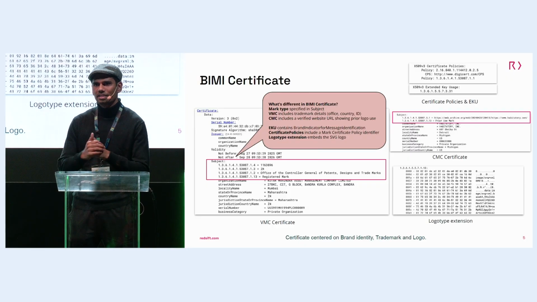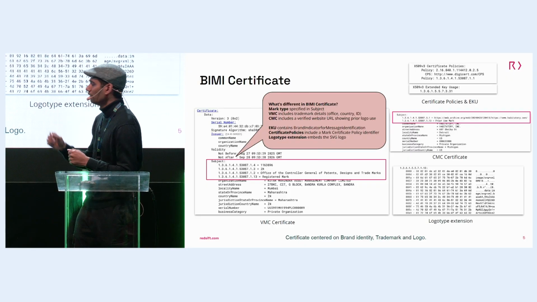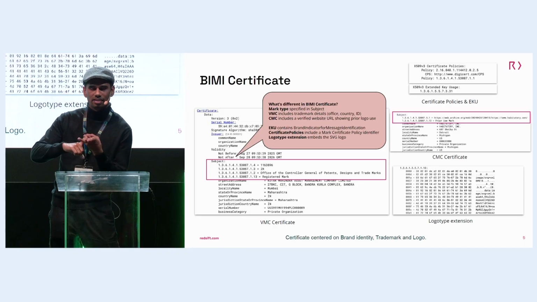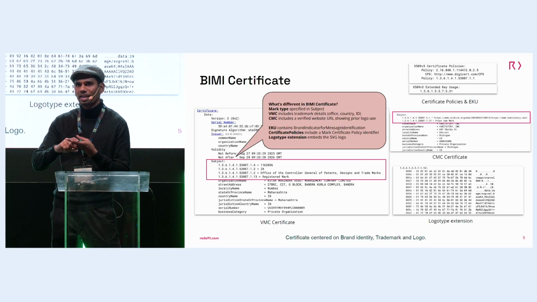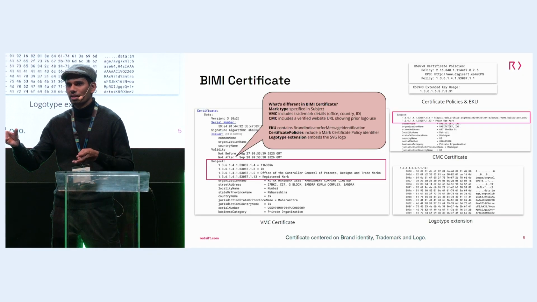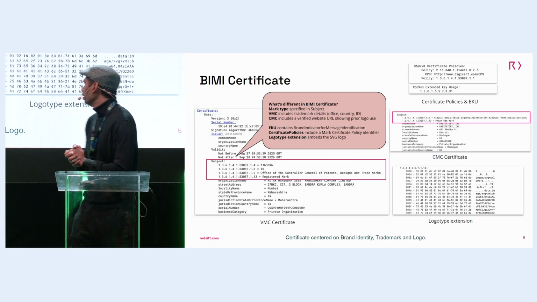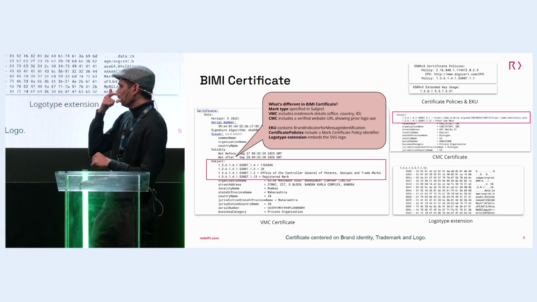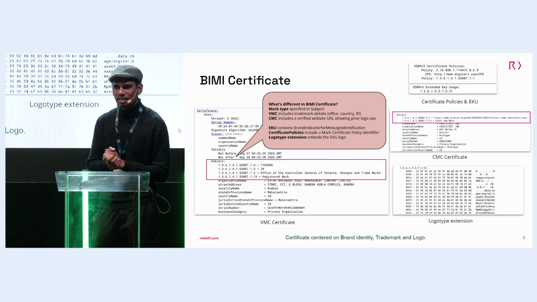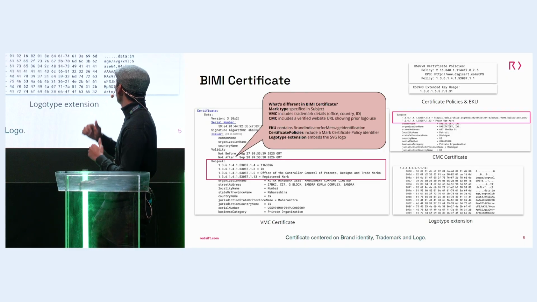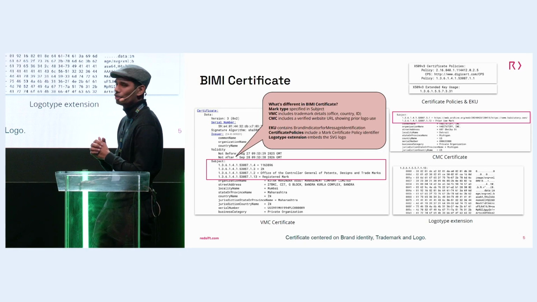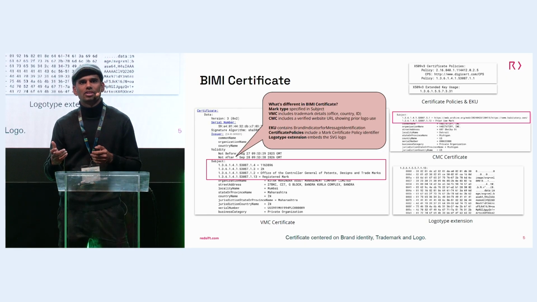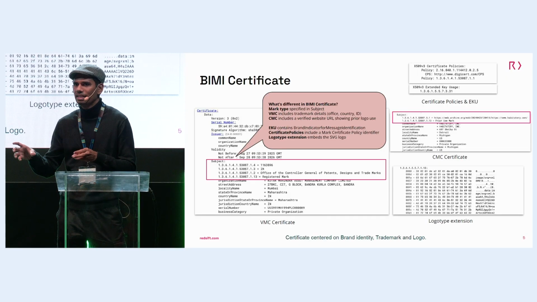In this case, you have in the subject the trademark office, trademark country, and trademark identifier where the logo is identified and validated. In the case of CMC, this is a less strict validation. I have this one with mark type Prior Use Mark. This is based on continuous use of the brand logo on a website